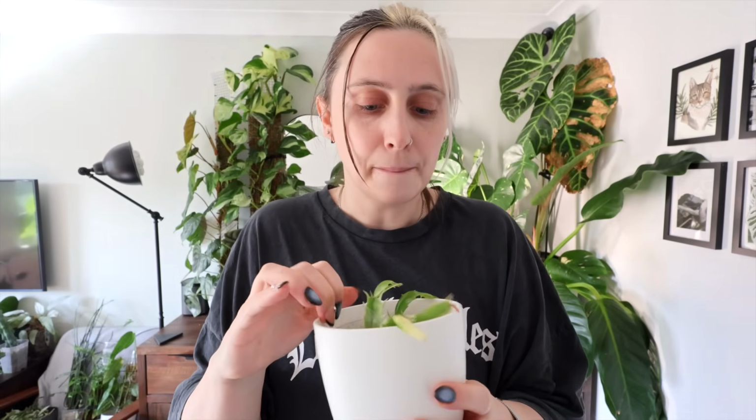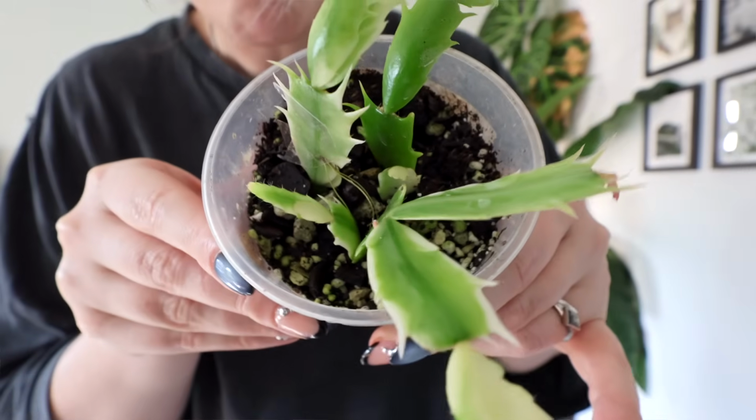It's not been a smooth ride with this one, but I think once it grows a little bit bigger and gets a little bit more established, it'll be worth it, because Thanksgiving cacti are fairly resilient and easy once they're a little bit bigger. And one day this one could bloom as well. I mean, I think all jungle cacti can bloom, but I haven't really experienced blooming from any of the ones in my collection, really. I think my Lepismiums bloomed once, but